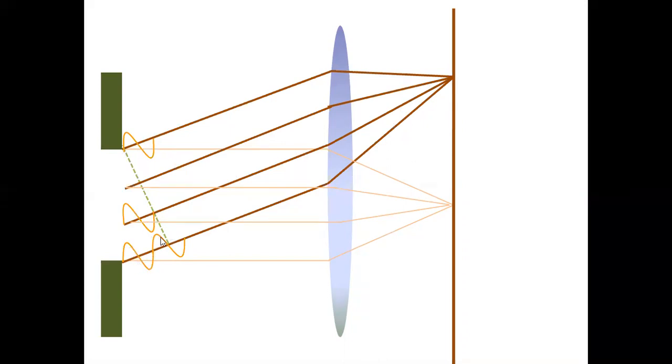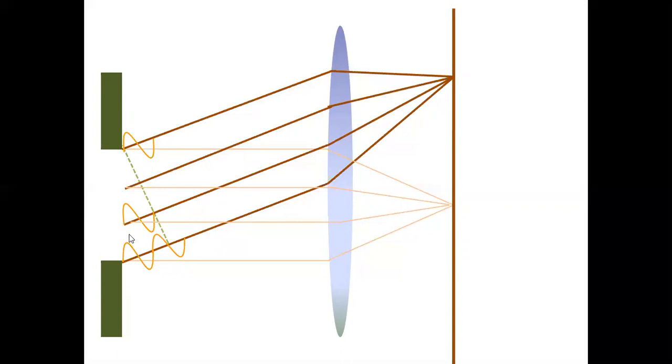Now, if this is 1.5 lambda, a person starting from here, say he has to travel 52 steps. A person starting from here has to travel 53.5 steps, 1.5 more. Then what about a person starting from here? He has to travel half distance extra, 52 and a half steps, 53 steps, 53 and a half steps. That's all. So the path difference between the wave starting from the top of the slit and here is half lambda. If they meet each other, they destroy. Path difference between the secondary waves starting from here and here is 1 lambda. Here and here is 1.5 lambda. For all the waves starting from this part of the slit, they cancel this part, correct? What about this part? That survives.